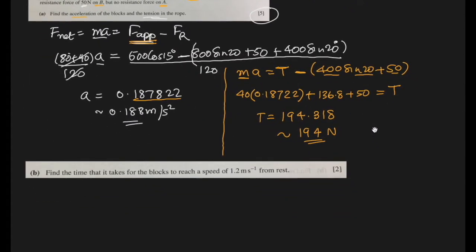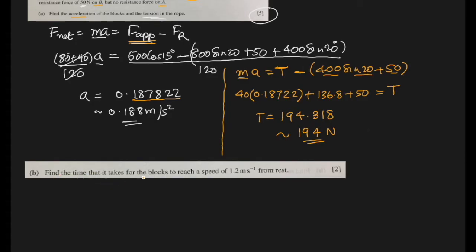Let's move on to part B of this, which says find the time it takes for the blocks to reach a speed of 1.2 meters per second from rest. Since the acceleration is constant, we can use kinematic equations, and in this case to find the time, V equals U plus AT. That's what we can use. V is 1.2, they want to reach it. U, initial, is rest, so 0, plus acceleration is 0.187822. And time they want to find out. So this is 0, so gone, and we can divide it by